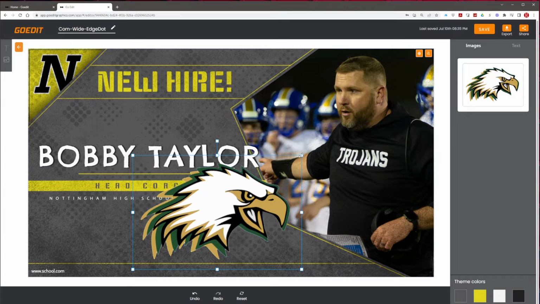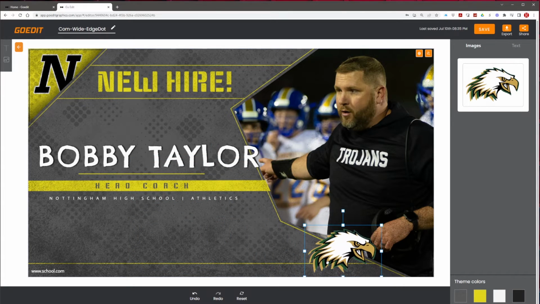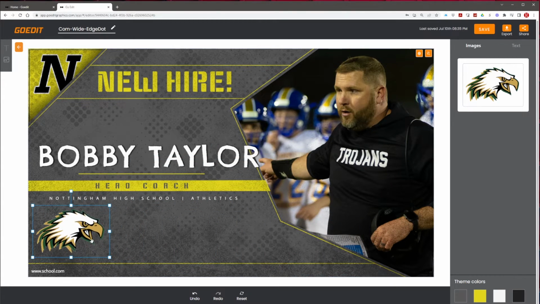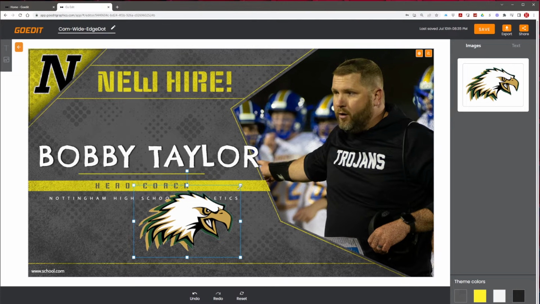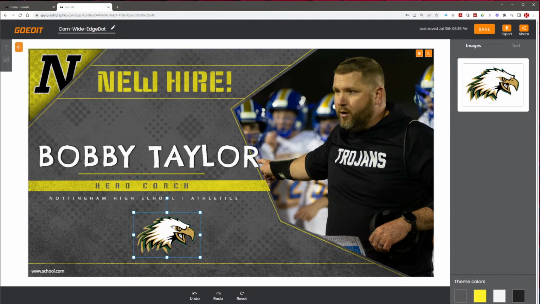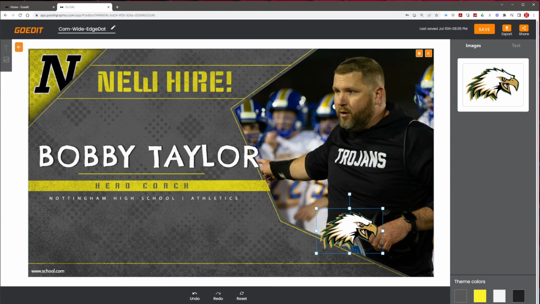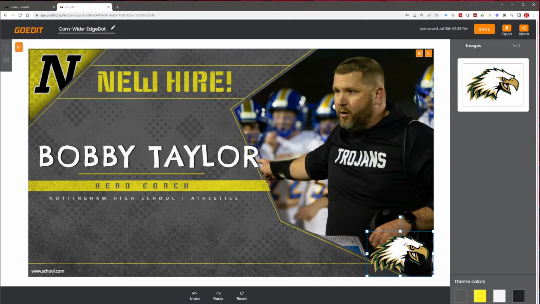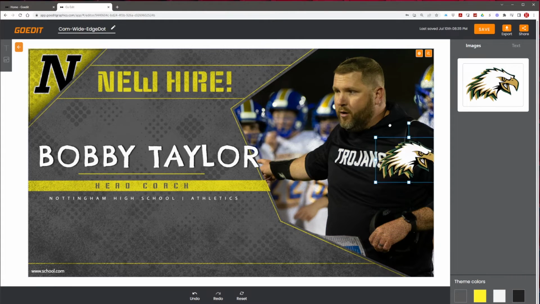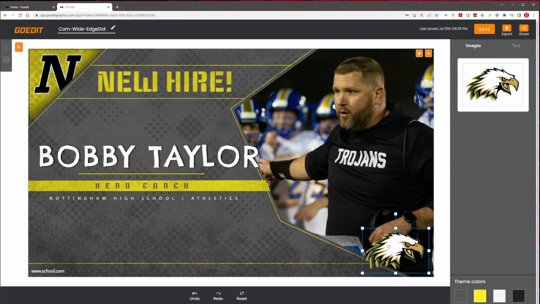So if I had some other logo I wanted to put somewhere, I could do that easily by just adding it. Another great option for adding an extra image is an advertisement. So maybe you have an advertiser that wants to go in a corner, or is going to go on all your templates. You could have an advertiser ready, and you could bring that advertiser in on top of any graphic you wanted, put it in the corner, and it could become a revenue generator for your school, which is a